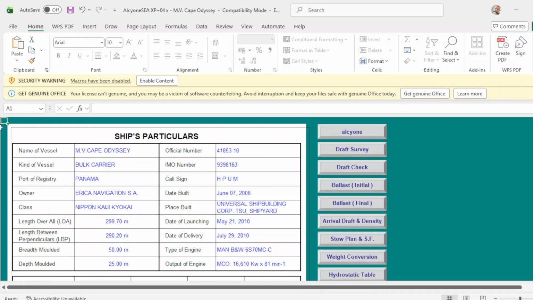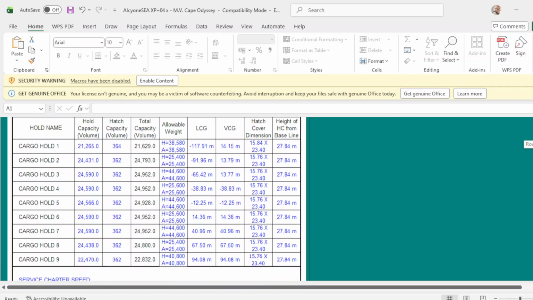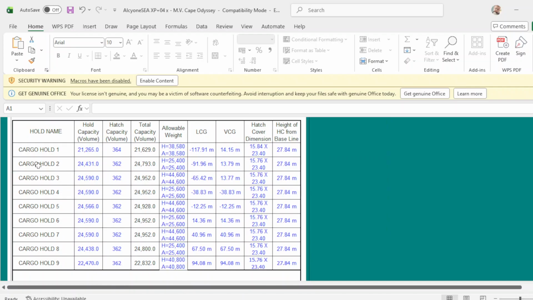This is the vessel Cape Odyssey. I want you to take note about the maximum cargo for each hold. In number 1, the maximum cargo to be loaded is 21,629. Number 2 is 24,793. Number 3 is 24,952.